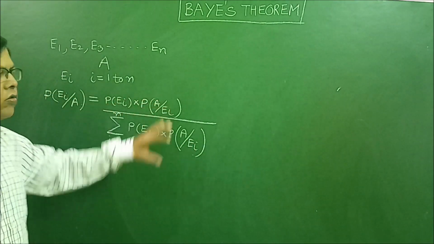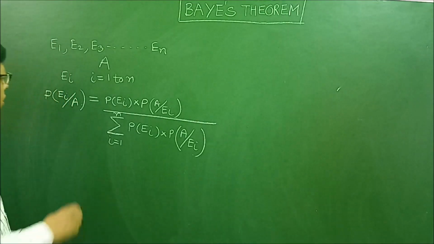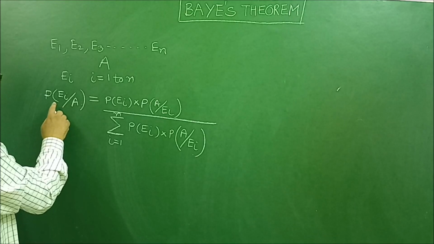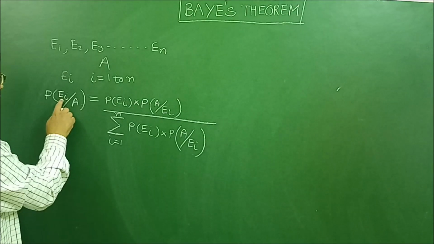This statement is known as Bayes theorem, this formula. And in this formula we want to find the probability of the event Ei when A